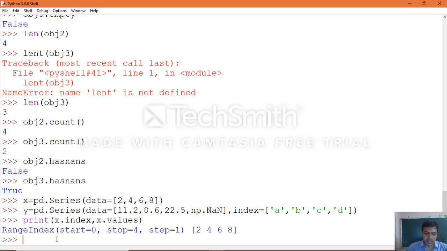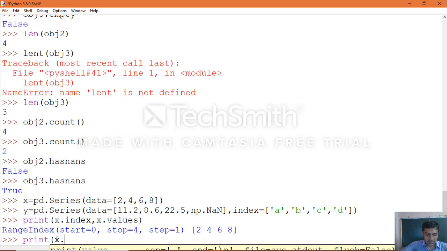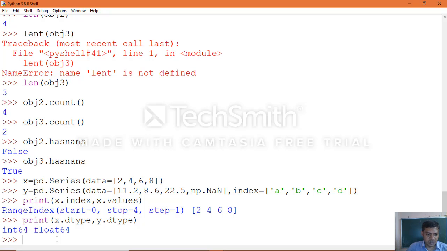In the same manner we can work with others, like print x dot dtype comma y dot dtype, the data type we want to retrieve, int64 and float64. The x object is holding integer values and the y object is holding float values.